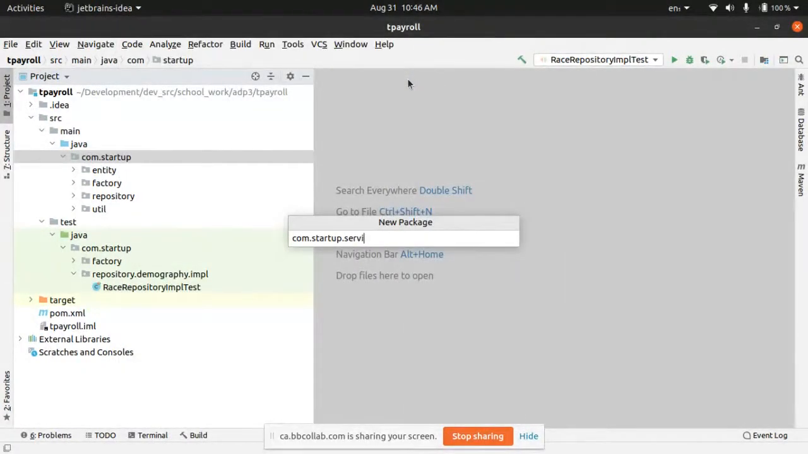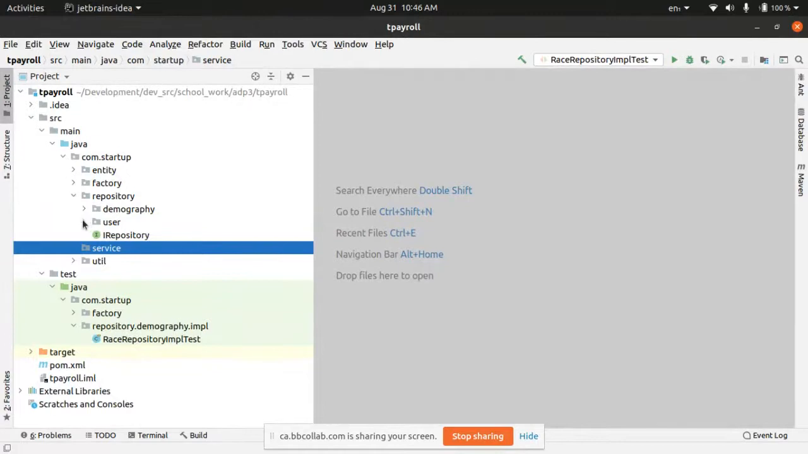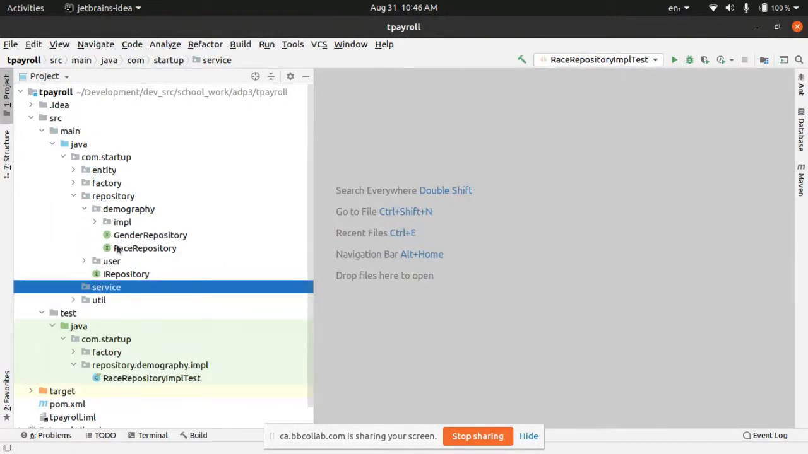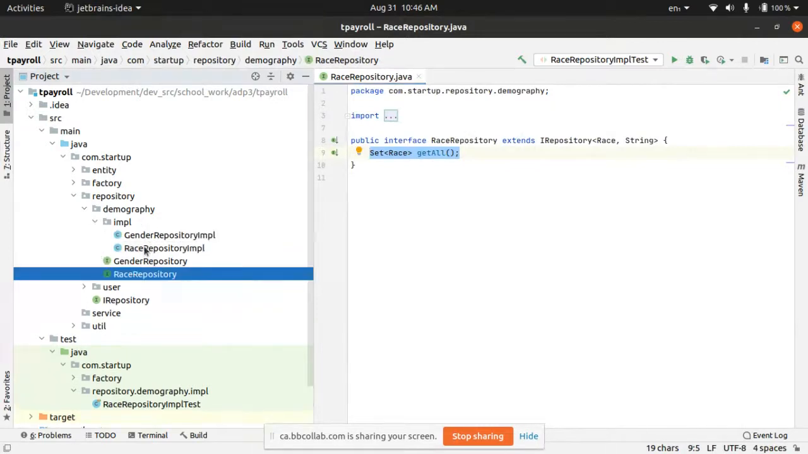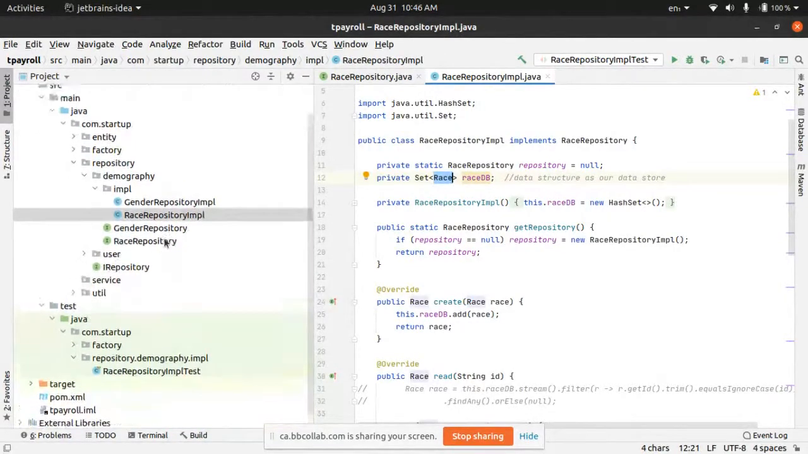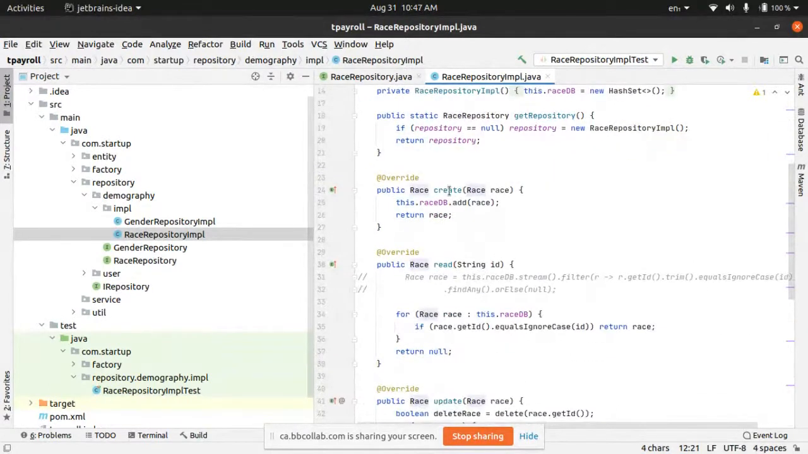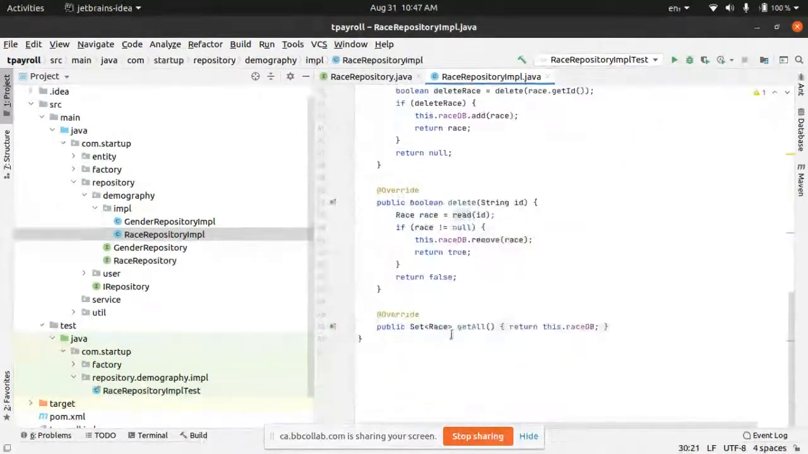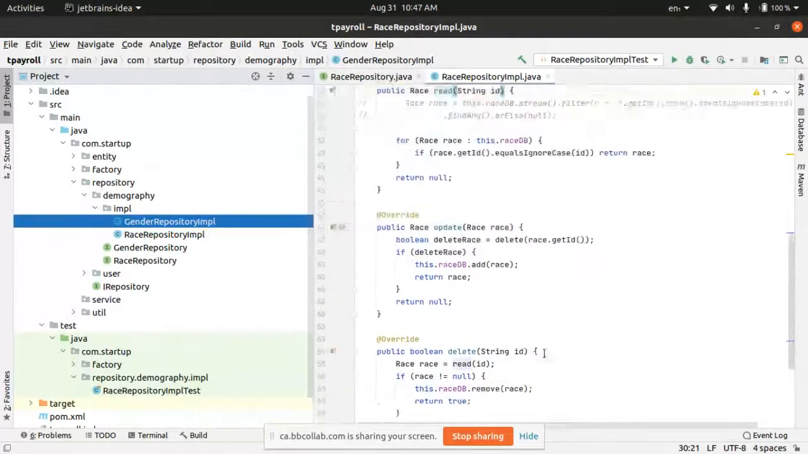Call it service, all in small letter, not plural. So we want to create a service for race repository, which has been implemented here. So we need to follow this naming convention again, and we can see that your race has create, read, update, delete, and maybe get all, same as your gender and every other thing. So we also need to expose those common